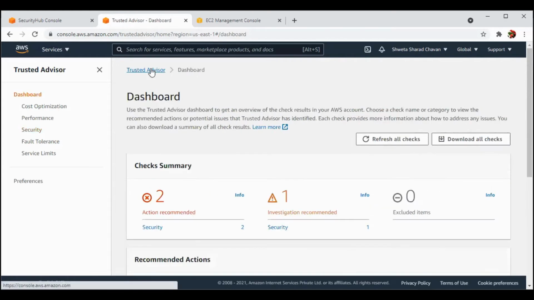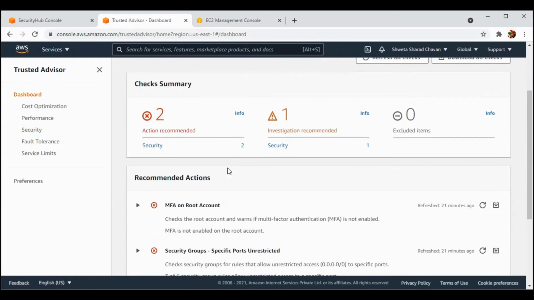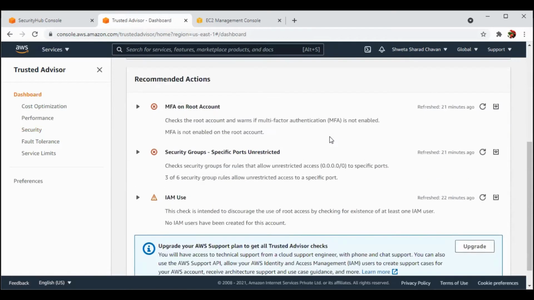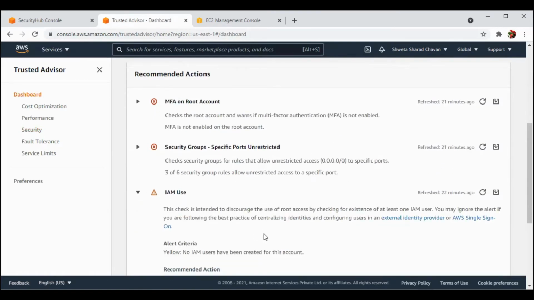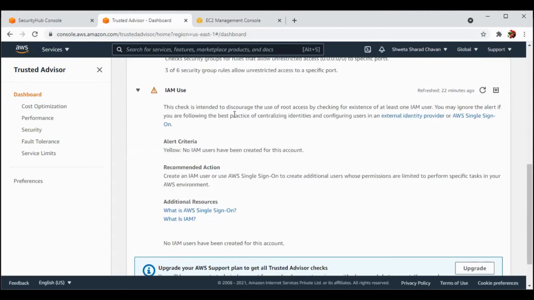Once again, when we go to Trusted Advisor, there is one investigation recommended, for IAM users. If we click on the investigation, this check is intended to discourage the use of root access by checking for the existence of at least one IAM user. It's telling us to go for one IAM user. You may ignore the alert if you're following the best practices for centralizing identities and configuring the users.